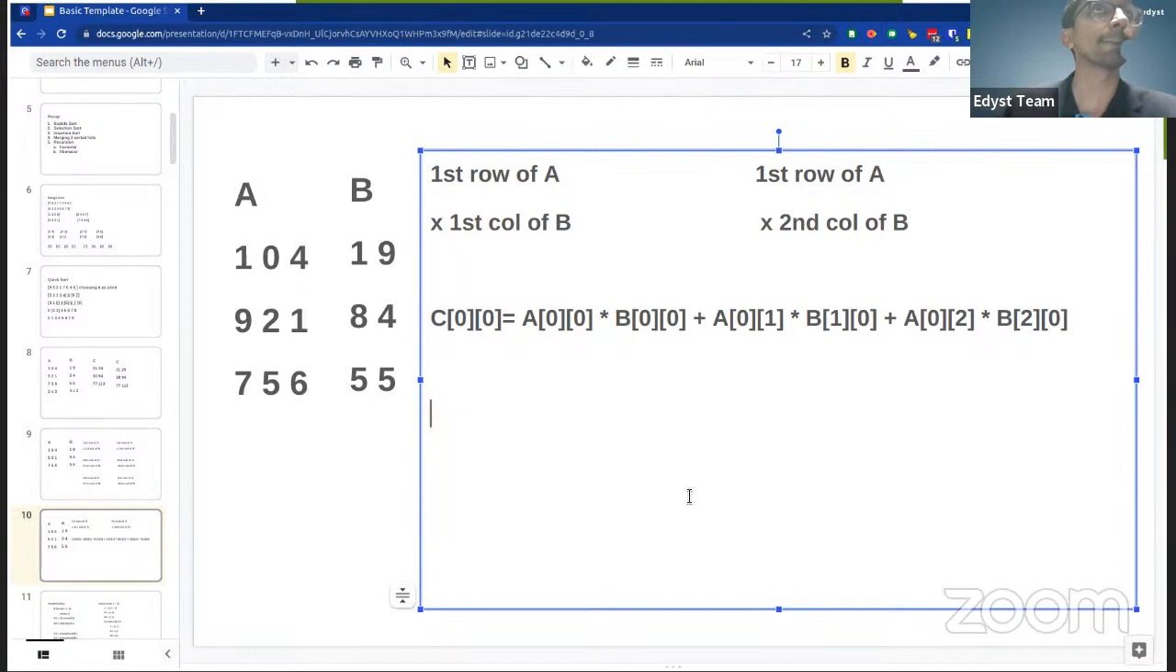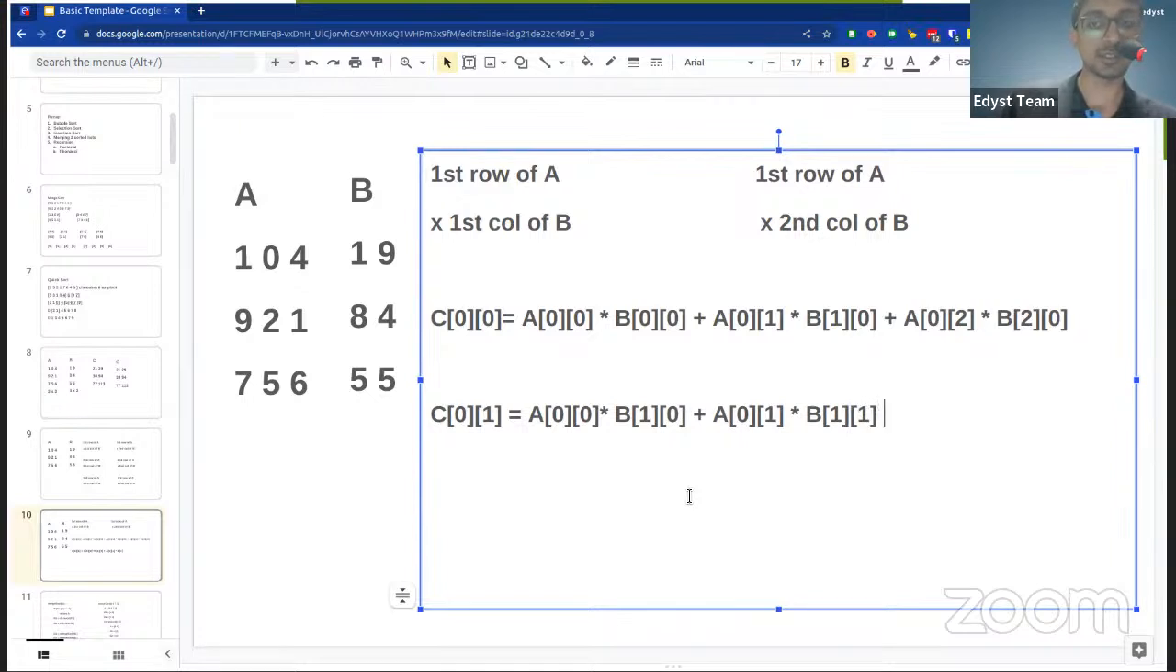How do we do this? What will be the C dimensions of it? C of 0, 1 is equal to A of 0, 0 into B of 1, 0. Very good. Plus A of 0, 1 into B of 1, 1. Is that correct? Yeah. Plus A of 0, 2 into B of